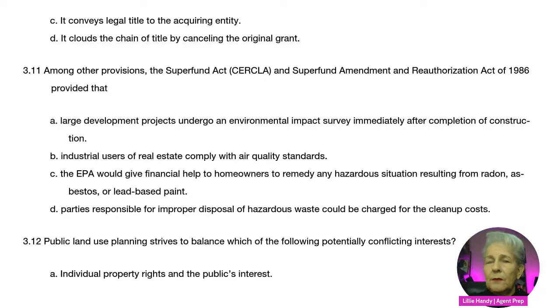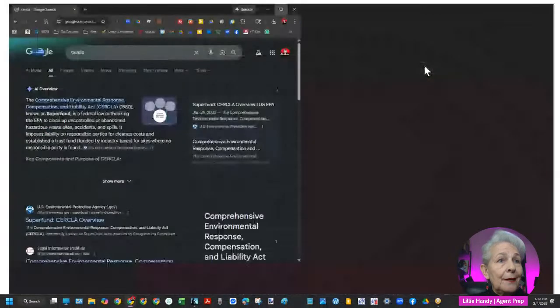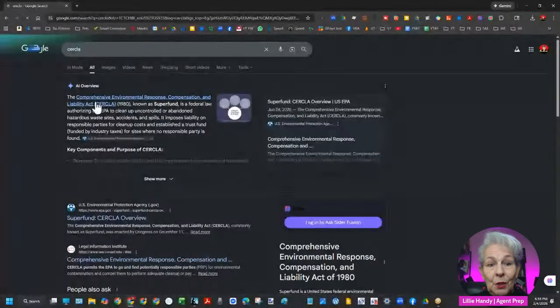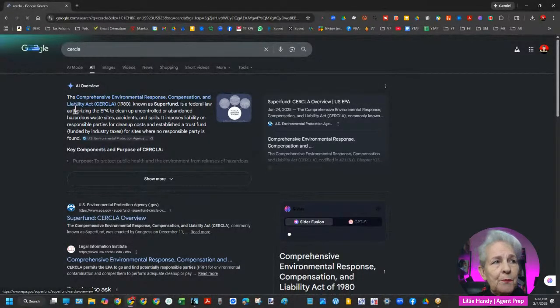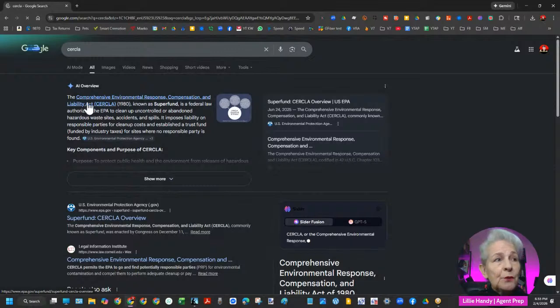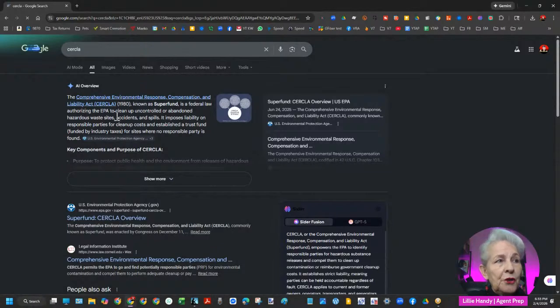What I do is I Google it. Okay, so CERCLA: Comprehensive Environmental Response, Compensation, and Liability Act. That's what CERCLA stands for. Known as Superfund, it is a federal law authorizing the EPA to clean up uncontrolled or abandoned